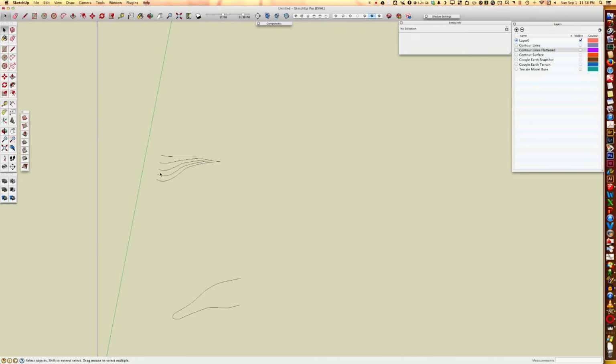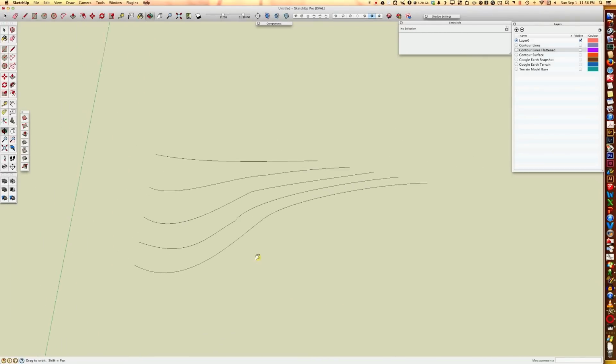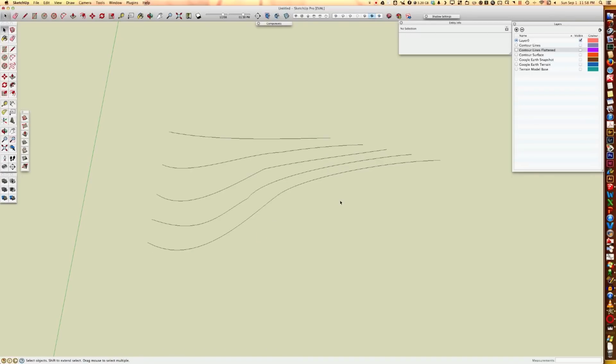So back up here, and these are our contour lines. And here's what we're going to do next. You can make the model solid, but it gets to be very heavy. Another way to do it is to simply copy over every other one of these. So I'm going to take these lines here,